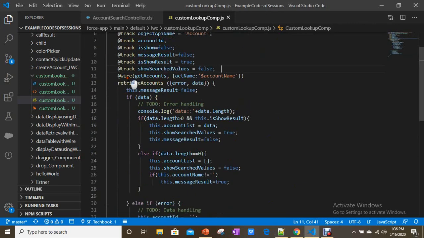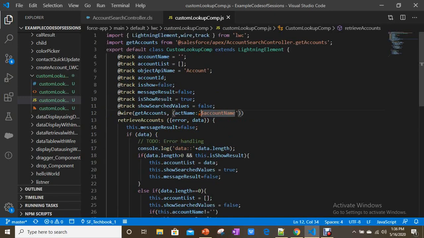If you see the wire decorator, I'm going to wire this method, and ACT name is the parameter name of the getAccounts method, and account name with a dollar. When you are wiring the method, you can use the dollar symbol and your parameter name in single quotes. Then it automatically takes it while you are typing, based on your input. This is the property which we are going to use in the input text box.